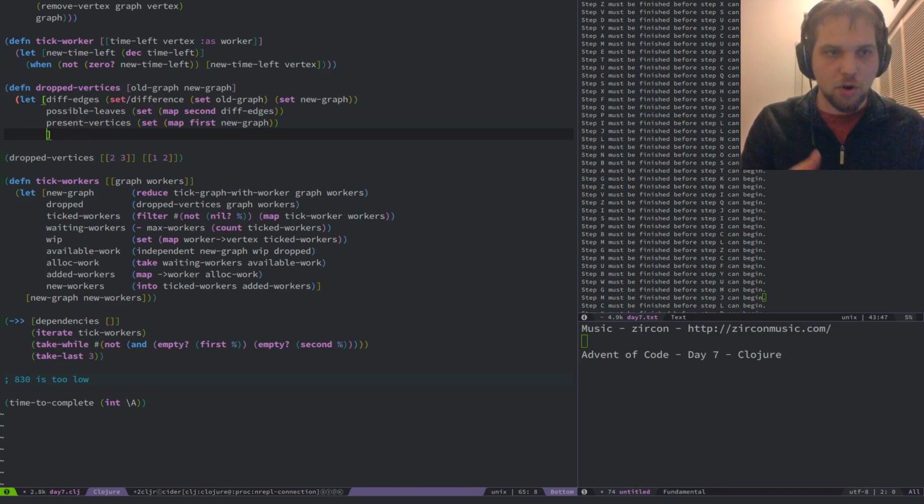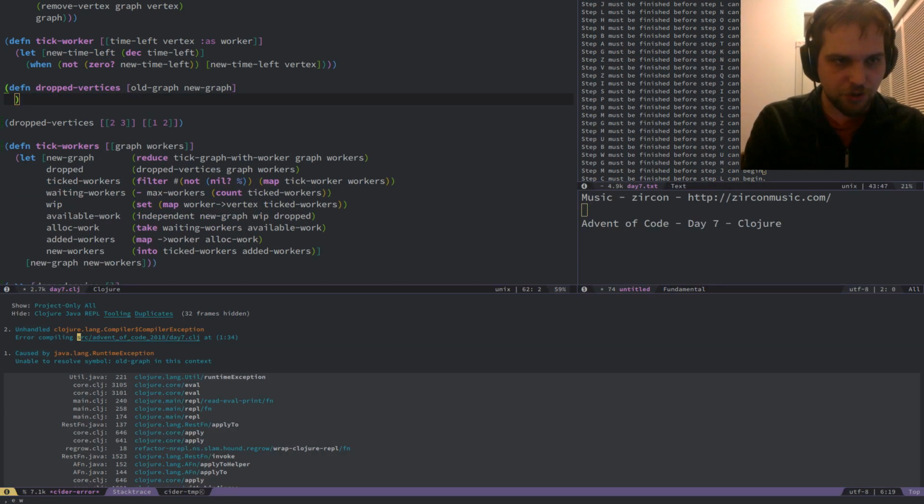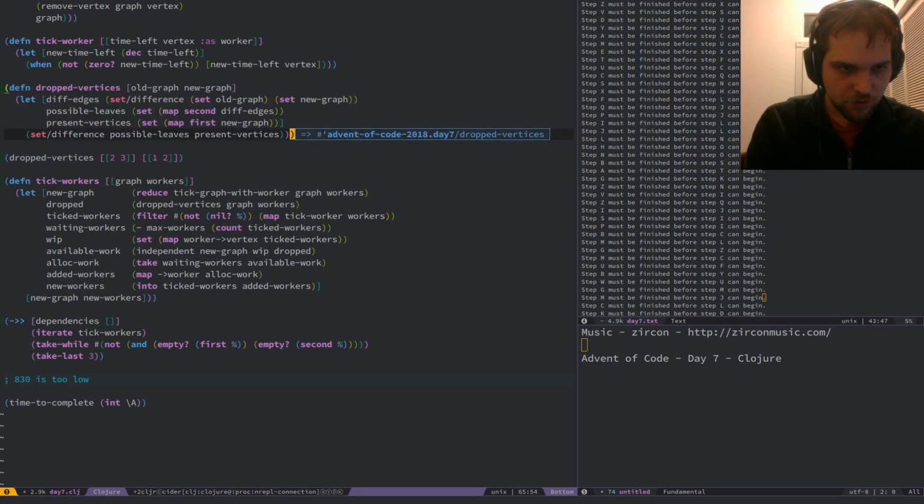So those that were culled in the removed edges and ones that are present in the new graph, we want to get the set/difference of, whoops. So it's going to get all the ones that aren't still present in the new graph. Oops, and I did it again. Keep using the wrong execution form. Pow! There we go. We got it.